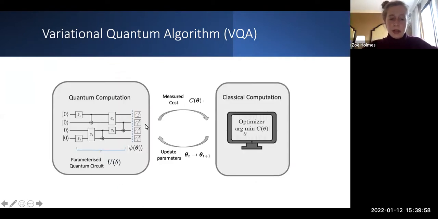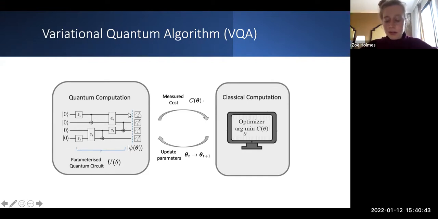So the idea is you run some parameterized quantum circuit on your quantum computer for a particular set of parameters. You then perform some measurement, and that gives you your cost function for a particular choice of parameters. This is fed to your classical computer. The classical computer runs its favorite optimization algorithm to tell the quantum computer what parameters to try next. The quantum computer runs a new circuit with a new set of parameters, it spits out a new cost, and you keep on looping around until you've minimized your cost. The parameters that minimize your cost, or the unitary with respect to those parameters, or the state prepared by that unitary, will in some sense be a solution to your optimization problem.